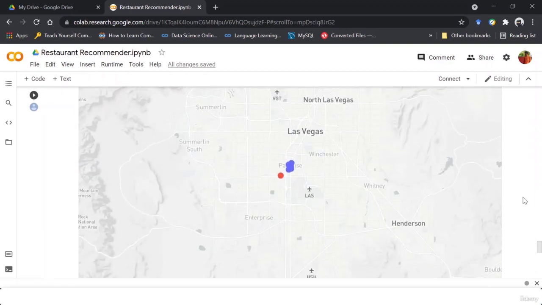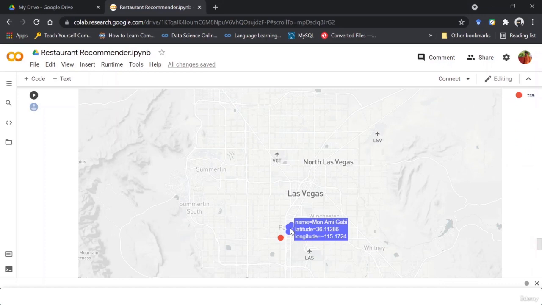Now you can see that here one cluster is present and here another cluster is present. What it is telling me is that I gave the input of this location, and the closest cluster is present here, and the top 5 restaurants are all of these that are named here.